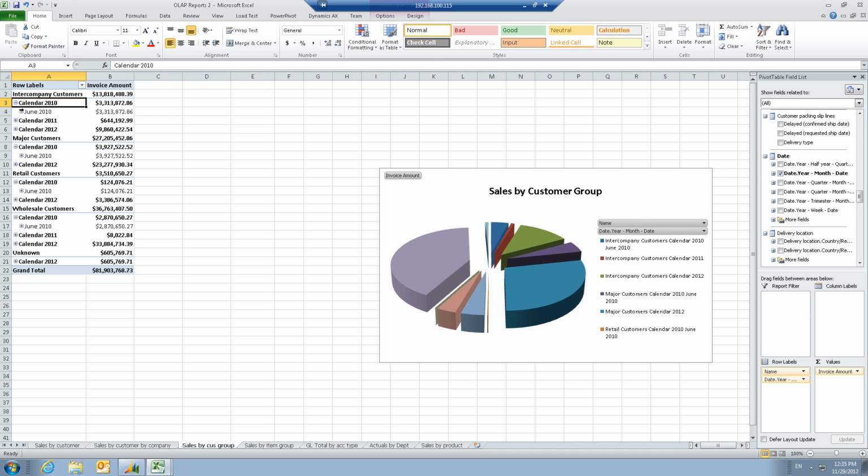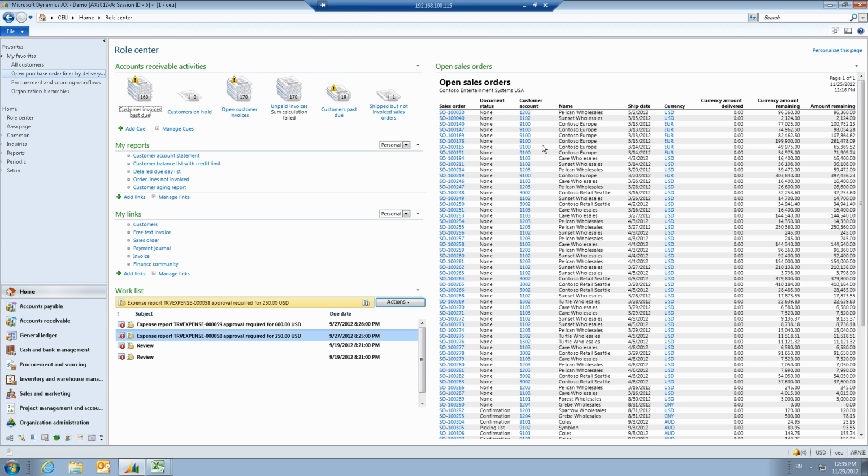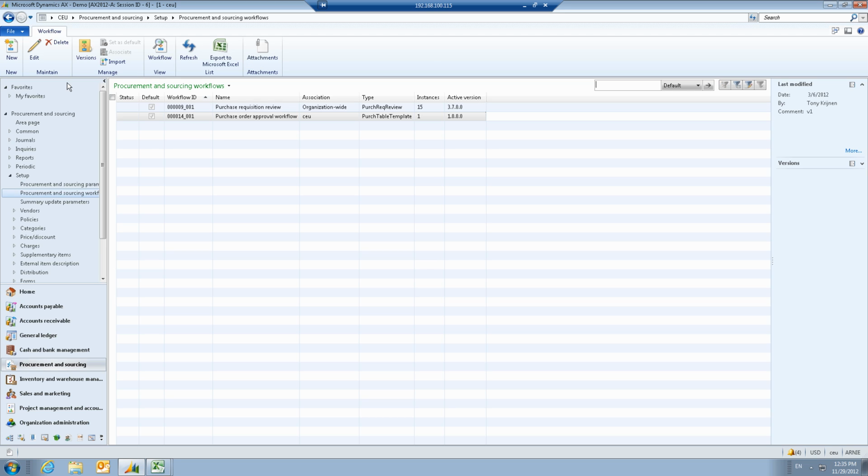Now, the simplicity and the flexibility of the application can be seen through a number of different ways, which I'm hoping you would have seen in this particular webinar, and that is the basis that the product is built across the Microsoft Windows platform. So it uses technology that the user is actually familiar with and comfortable with. However, the other two elements I wanted to quickly demonstrate in this particular instance is, first of all, an example of a workflow and how easy that workflow can be configured to suit your business requirements. In this particular case, I'm opening up a purchase requisition workflow. So this is a workflow that I'm using in my business